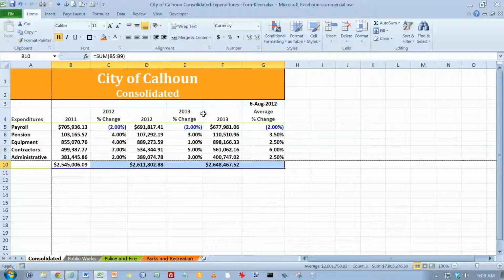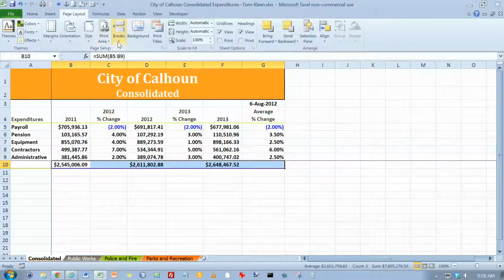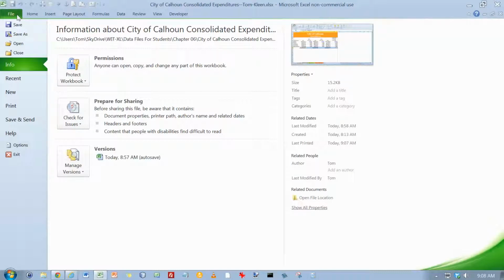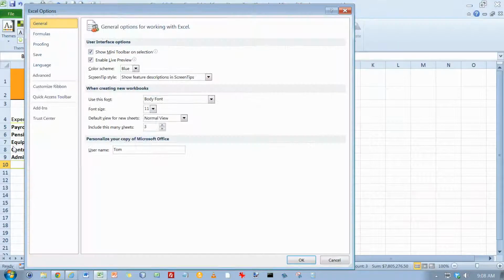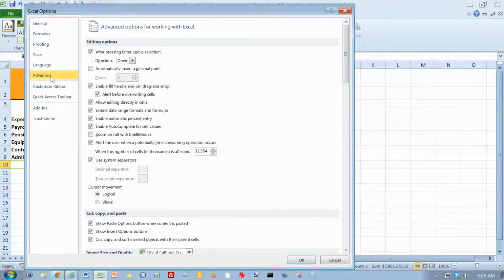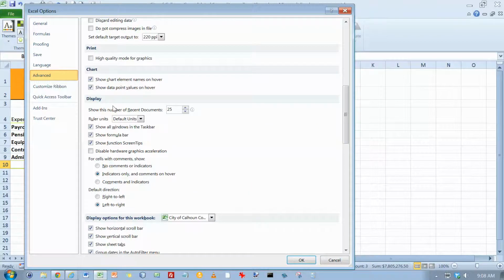So what we're going to do is go to our Breaks menu, and choose Remove Page Break. Okay. And now at the top of page 403, we want to go to Backstage view, which is just another way of saying clicking on the File tab, and click the Options button in the Backstage view to display the Excel Options dialog box. So let's go here, and here's the Excel Options dialog box. We want the Advanced options over here on the left, and we want to scroll down until Display options for this worksheet. So let's just scroll down here,